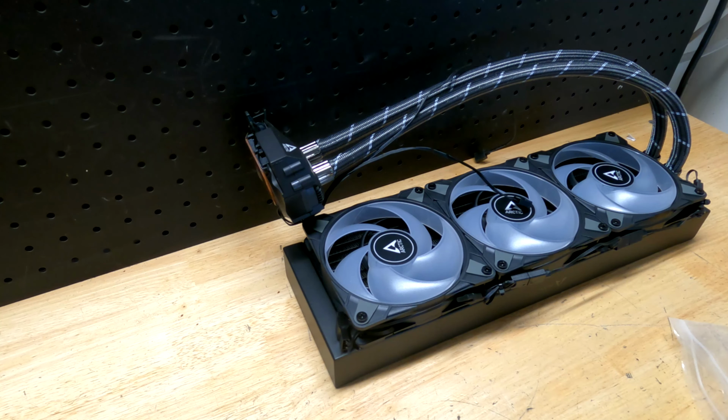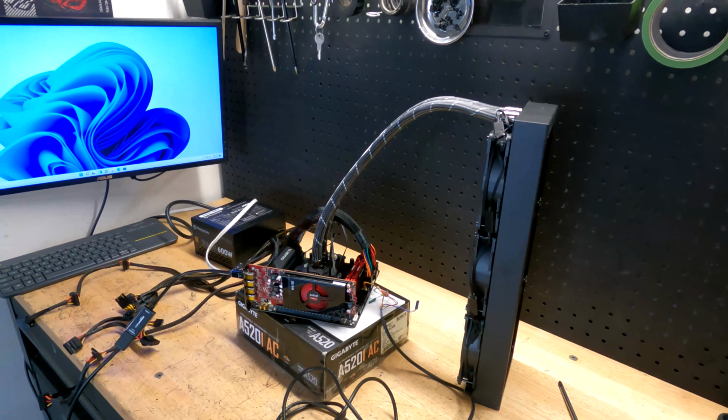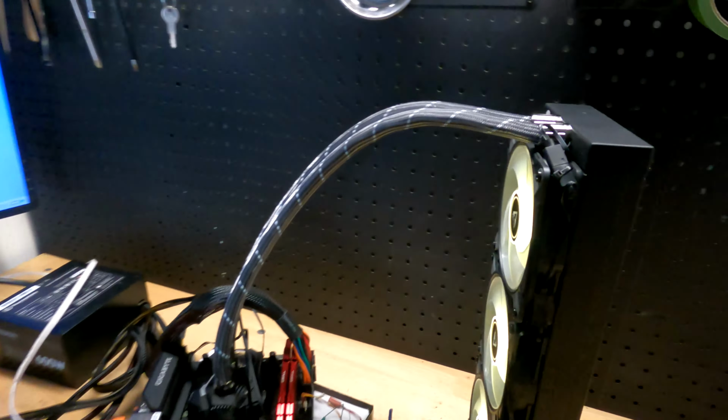So anyways, let's pop it in a motherboard, put it together. I'm not going to bore you with that process. I actually have a dedicated video showing that for this type of cooler. And let's see if this thing works. We got it installed. It's up and running, and